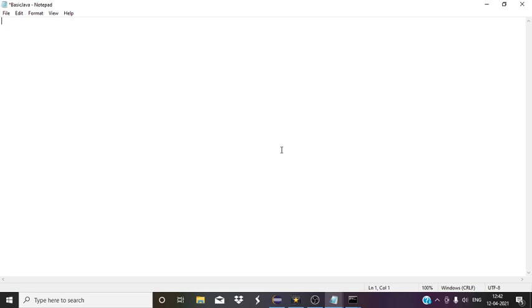In this lecture, we are going to learn about the basic syntax of the Java programming language. What syntax do we have to follow in order to write Java code? Here, as you can see, this is a notepad that I have opened on my desktop. Now I will write my code and also explain all the syntax so that you can easily follow it. After writing the code, we will go to the command prompt and run it there.